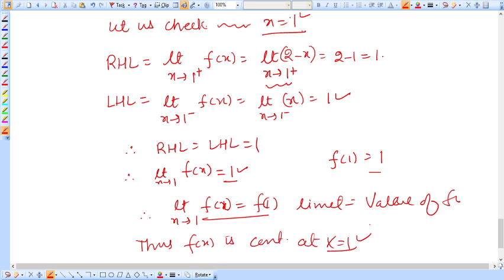Okay, so this is how we prove a function is continuous, right? So x is equal to 2 पे आप खुद से continuous prove कीजिएगा इस function को. I'm just leaving it up to you, right? So I'm taking another problem. Okay, so next problem is